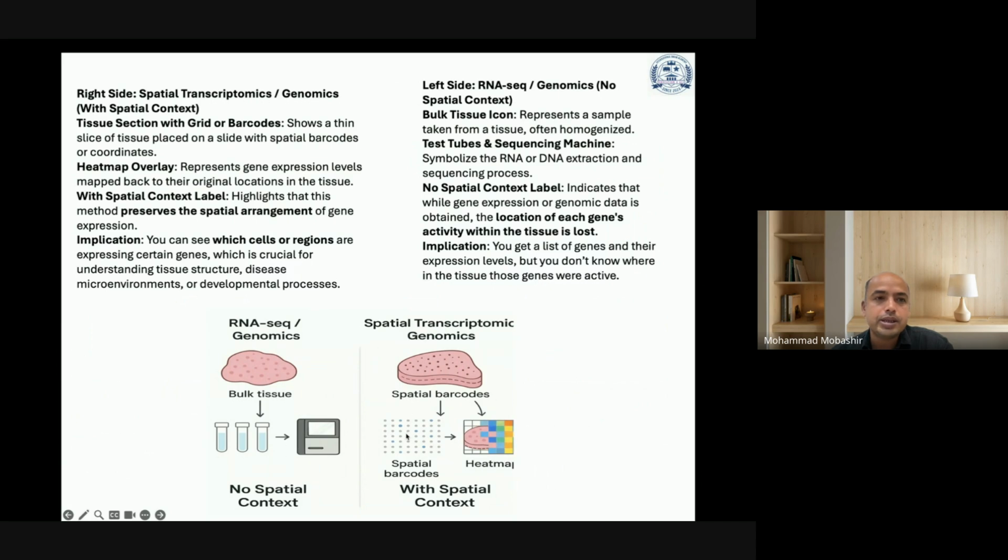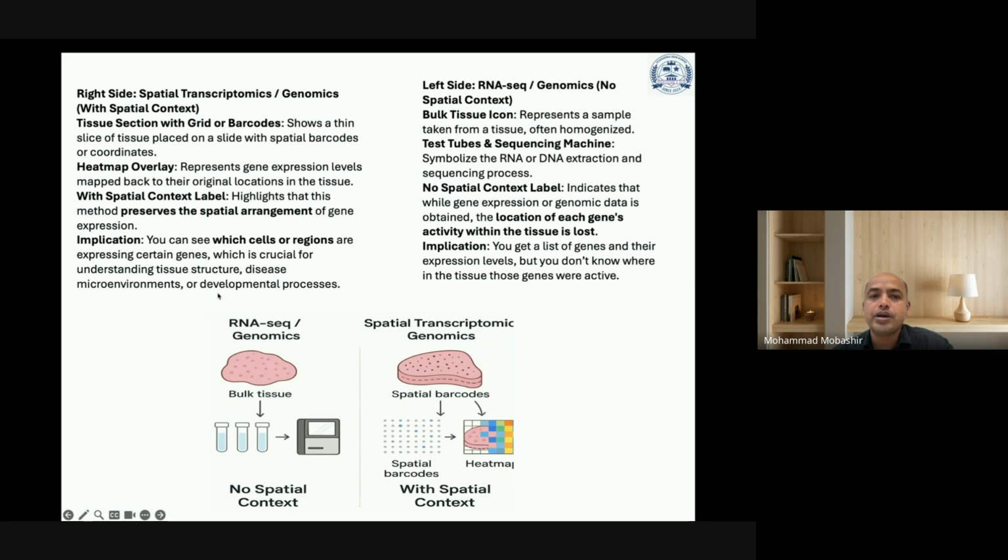The heat map overlay represents gene expression levels mapped back to their original locations in the tissue. It highlights that this method preserves the spatial arrangement of gene expression. Implication: you can see which cells or regions are expressing specific genes, which is crucial for understanding tissue structure, disease,